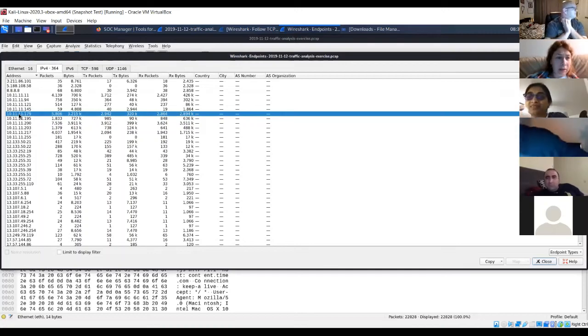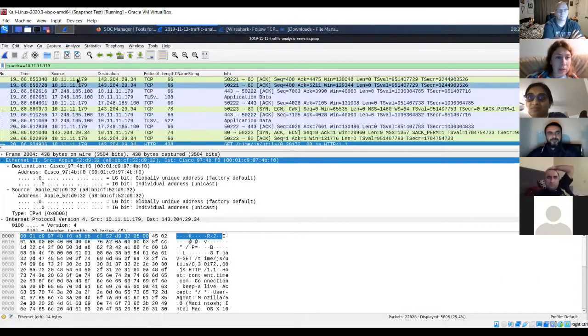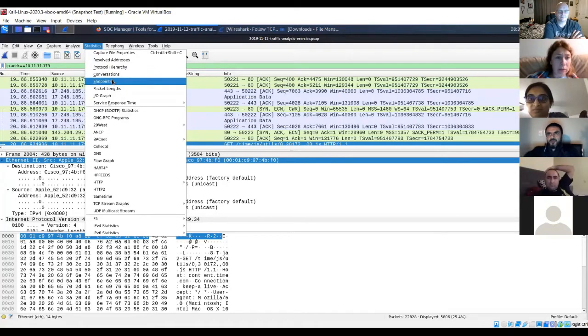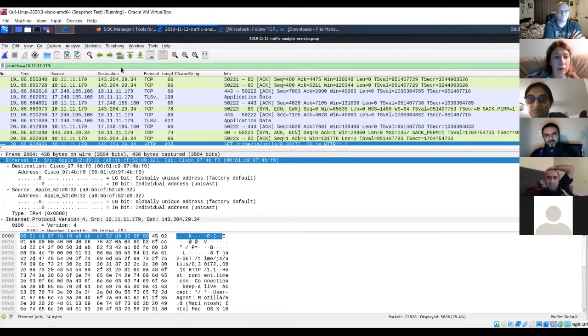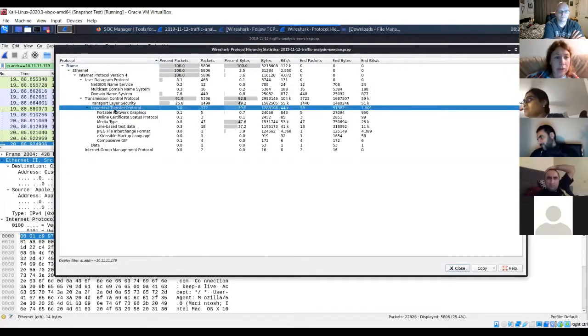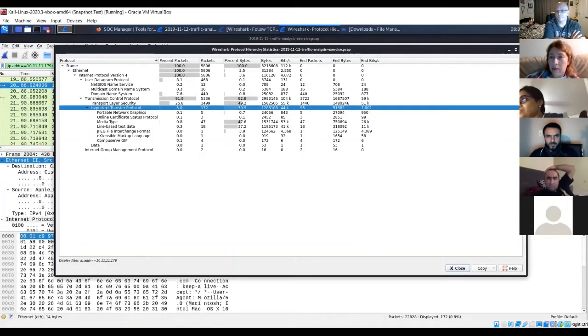179, yes. And then right click, apply filters, select it, and just close it out. And now I see it here. Okay, and then I go to statistics again. I do protocol hierarchy, and then I go to hypertext transfer protocol, apply filter and select it, and close it out,